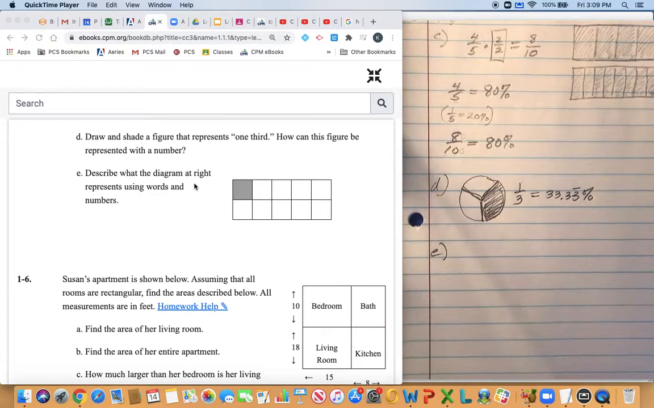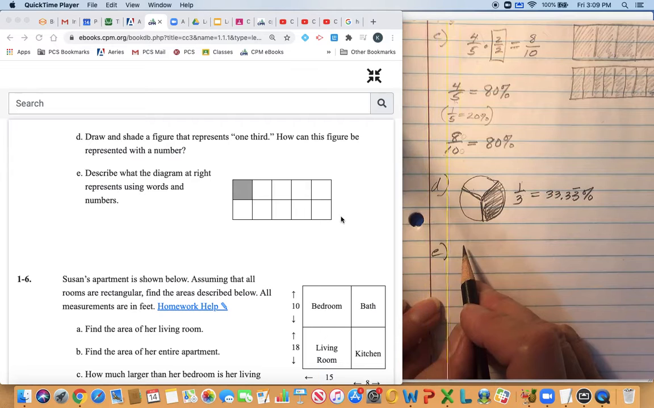Describe what the diagram at right represents using words and numbers. Well, let's see. First of all, let's count how many there are. 1, 2, 3, 4, 5, 6, 7, 8, 9, 10. Okay, so this is divided into tenths. So if I were going to write this in words, I would say